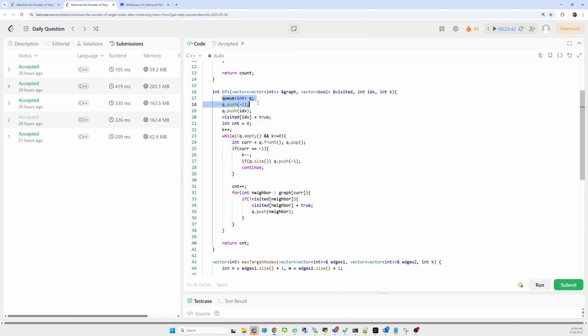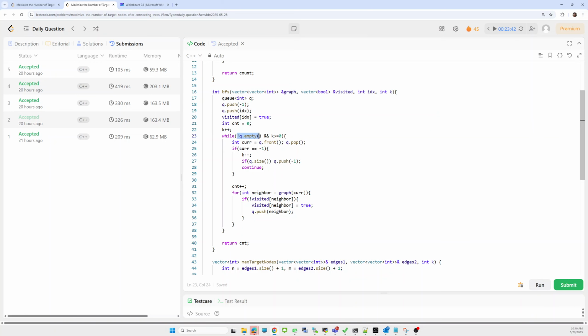We are taking a queue and we have to do the level order traversal. To maintain the level order, we'll push -1 to indicate the level. After that we'll push the current nodes of each level, all nodes at each level. At the 0th level there is only one node, so mark its index as true, make count initially 0, and make the connection by +1, because we are maintaining BFS order for level order.